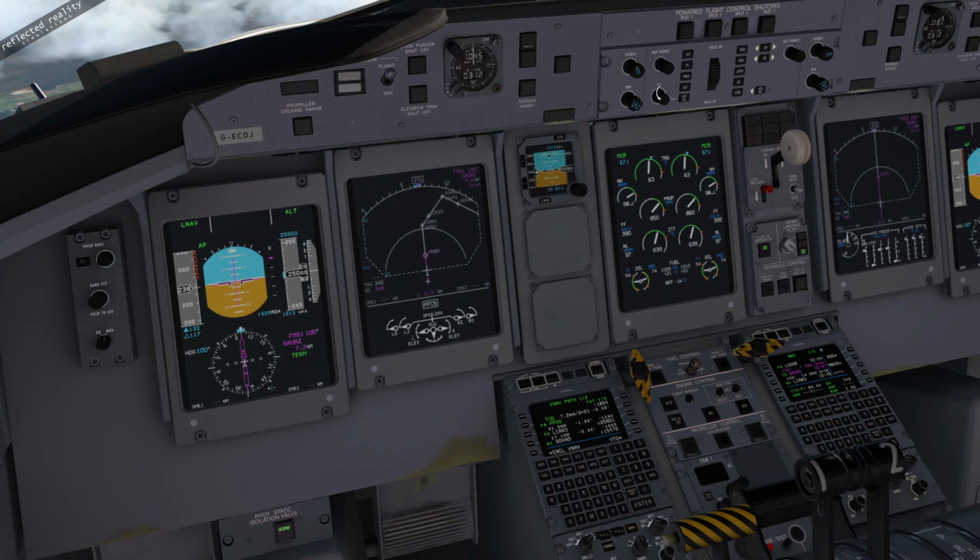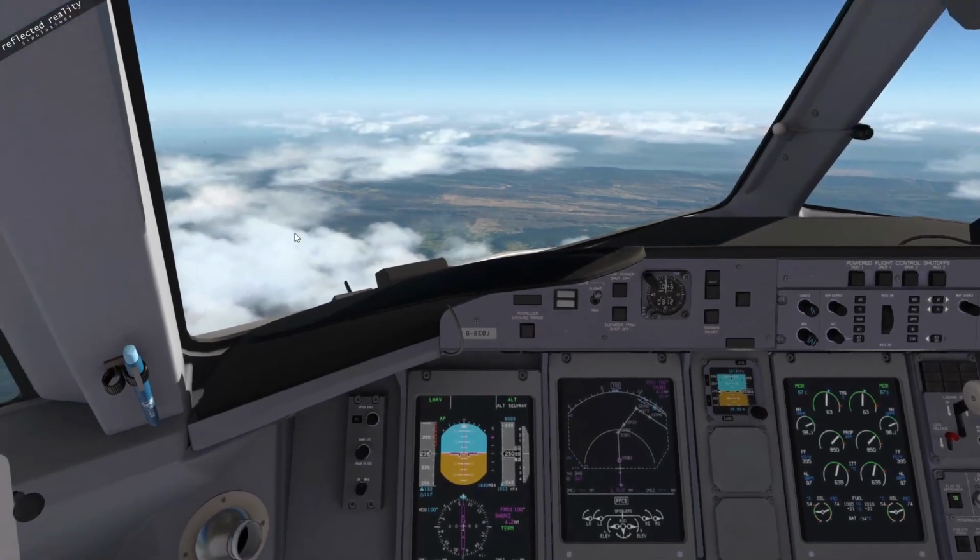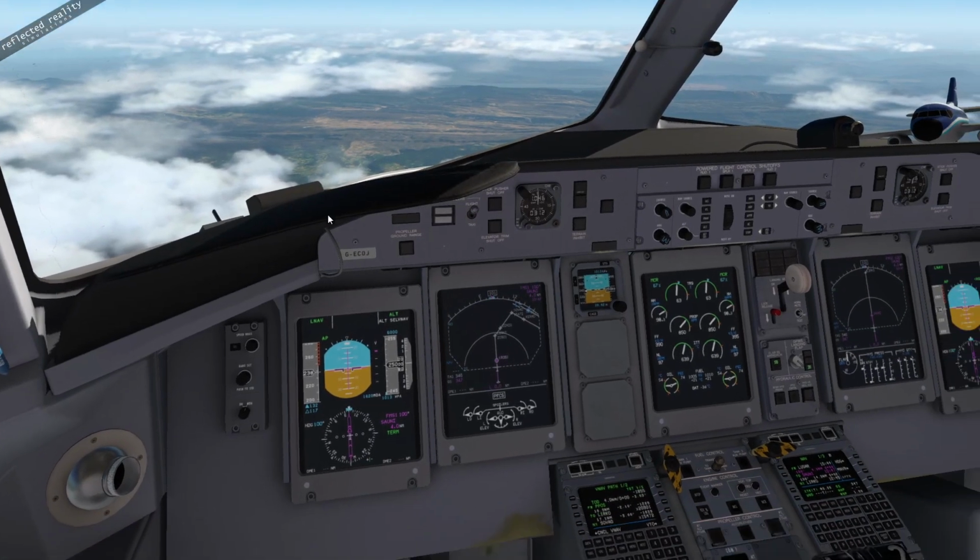Yeah. We are 1 minute from top of descent, so normally what I do is put the air traffic cleared altitude in here, but I know that I'm going to go down to the final approach altitude of 6,000 feet, so we'll let the aircraft worry about the descent profile. So I'm going to cheat and use VNAV basically, wind it down, set Alt Sel, and then if I click VNAV, we've got Alt Sel and VNAV, so it should pick up the descent as we get there. Fingers crossed. Oh yes, and if it doesn't, you know what, it's got a lot of drag available, so we'll just descend